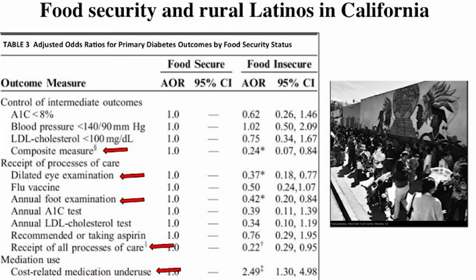There's a lot of NHANES data that shows the associations between food insecurity and obesity, developing diabetes, and elevated lipids and cholesterol. But what hadn't been known at this time is really the link, what happens to those patients that already have diabetes? How does the food insecurity play in? We spend a lot of time, I don't know how many minutes and hours in the exam room telling people about their diet and exercise, but at the end of the day, if they're not going to be able to access the appropriate foods, we're kind of going on this hamster wheel